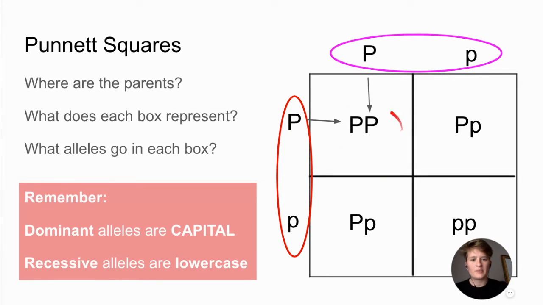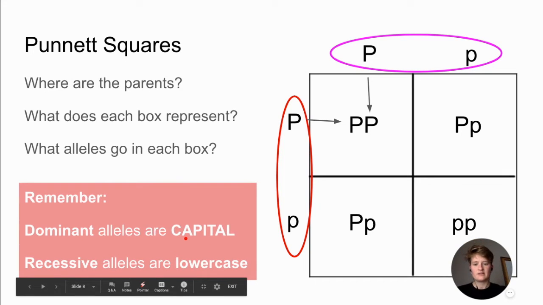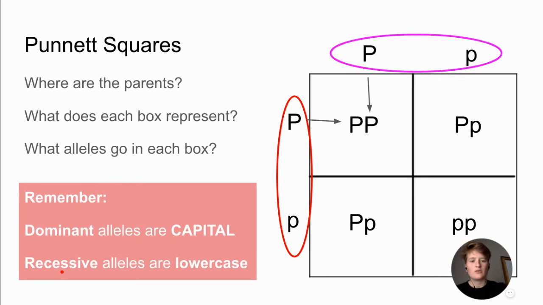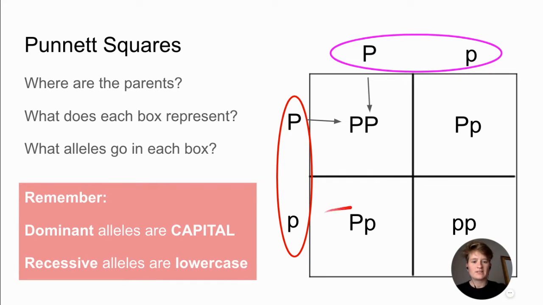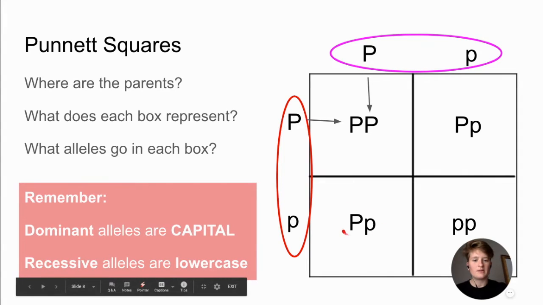So these are the possible genotypes of this cross. Remember, capital letters are dominant. Lowercase letters are recessive. When an allele is dominant, it always shows itself. So, for example, this genotype, even though it has a little p, the phenotype will be whatever dominant trait this